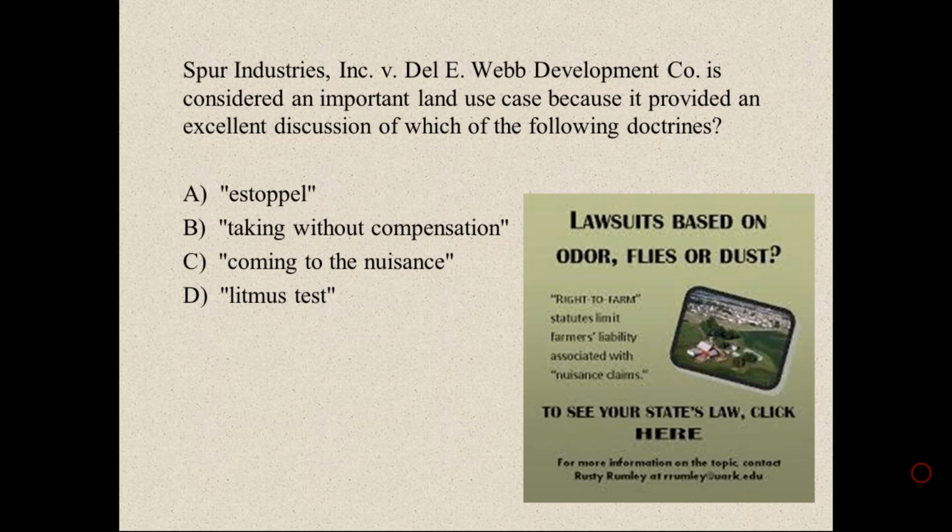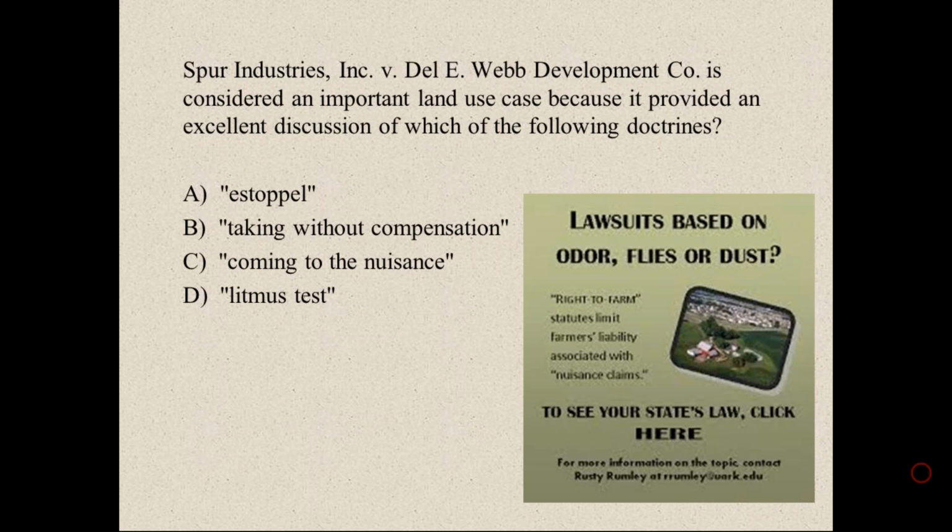And this case dates back to the 50s, and then with the expansion of Sun City in the Phoenix area, that's when the developer brought the lawsuit claiming that the lots, his residential lots, were unfit for residential development because of the operation of the feedlot.